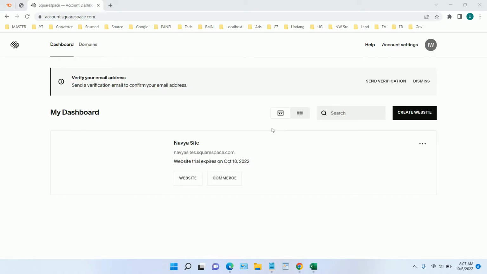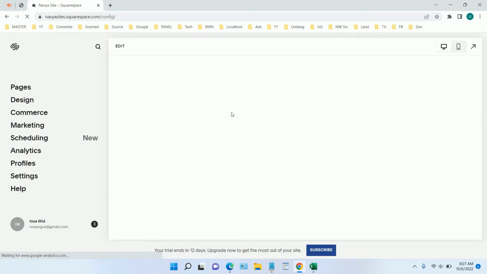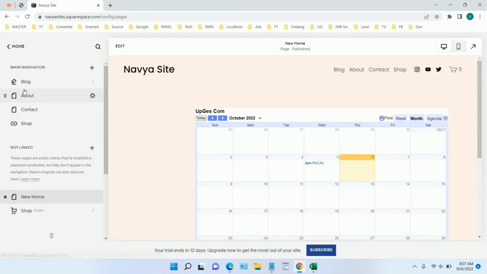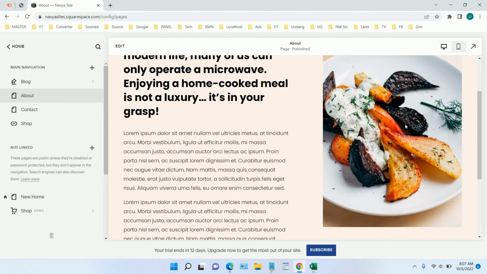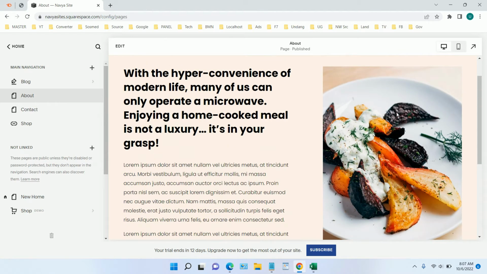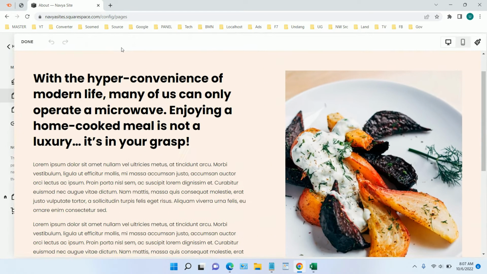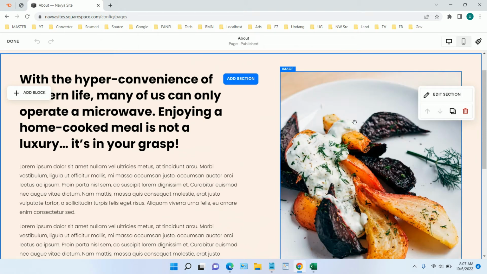In this video, we will show you how to make a picture smaller in a Squarespace website. In here, for example, we have pictures that are using this size, and to make this picture smaller, we can just click edit, and you can click